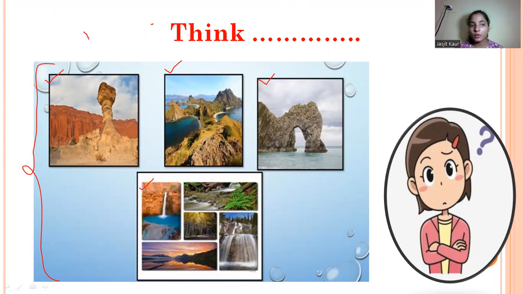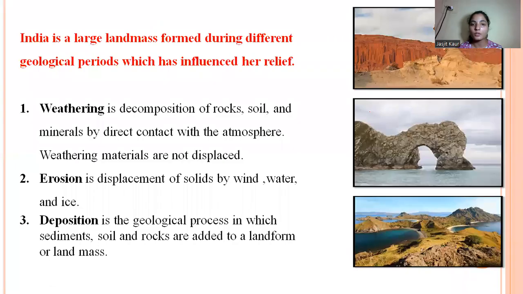So yes, very good. Some of you have written that because of natural processes we have different kinds of landforms. Apart from this, what do you think? What things are responsible for this? Yes, very good students. As you have written, because of the movement of the plates. Yes, very good. So now let's see how these different kinds of landforms are formed, and which processes are responsible for this variation in the landforms. So now, if I talk about